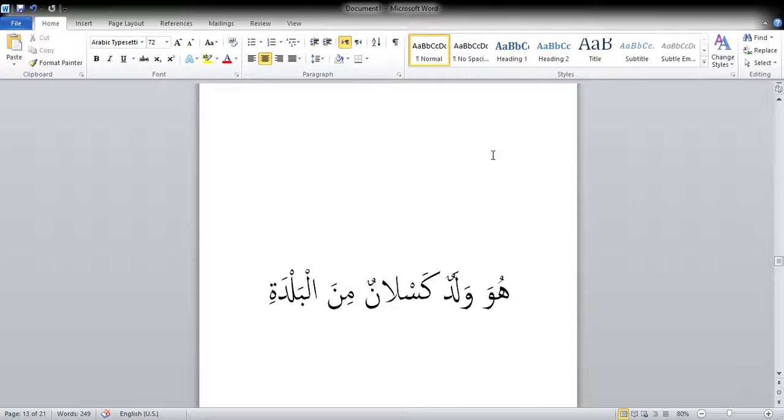So we have minal acting as the harf jar, putting al baldati into a majrur state. Just as a side note here, usually we see the harf jar as min, but if it's connecting to something afterwards, it becomes minal, right? It's connecting to the sukoon over here. Minal baldati still means from.